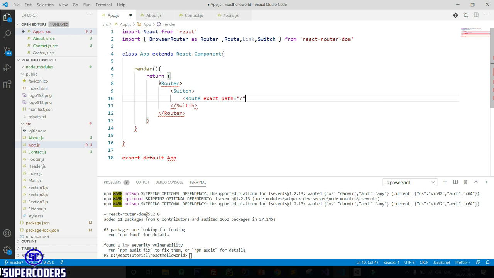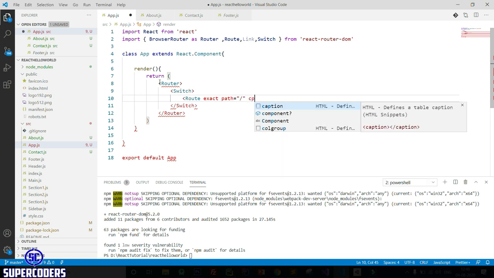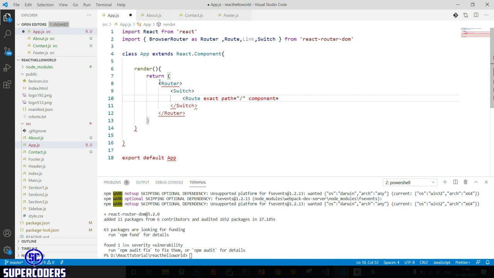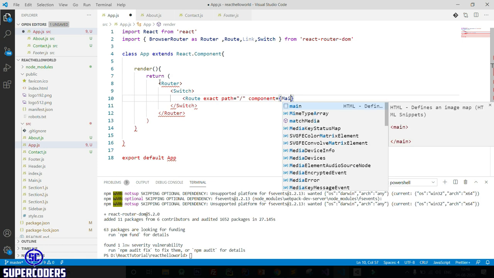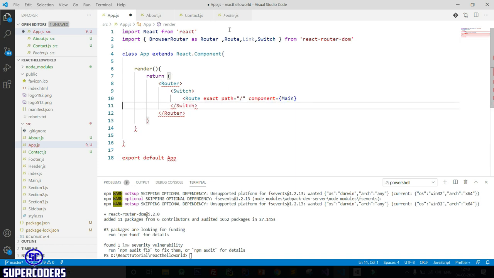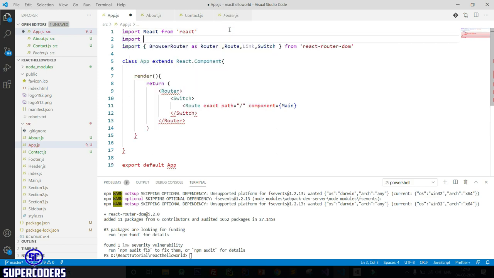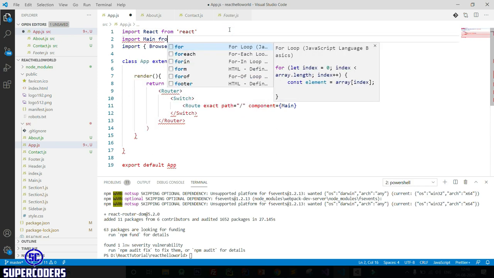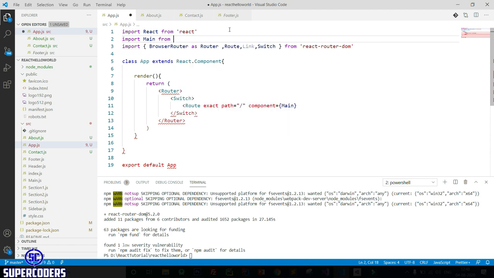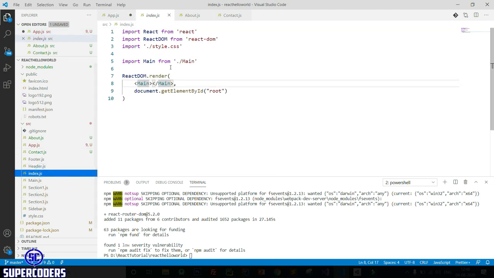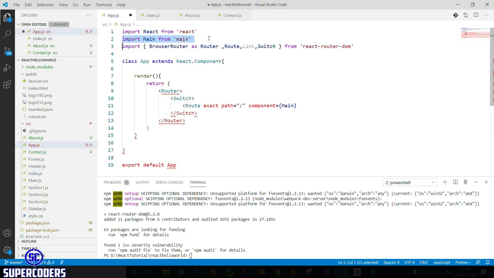So first is home page, it is slash, and component equal to, here component is our main page, so giving main. Let's import this main. So import main from main.